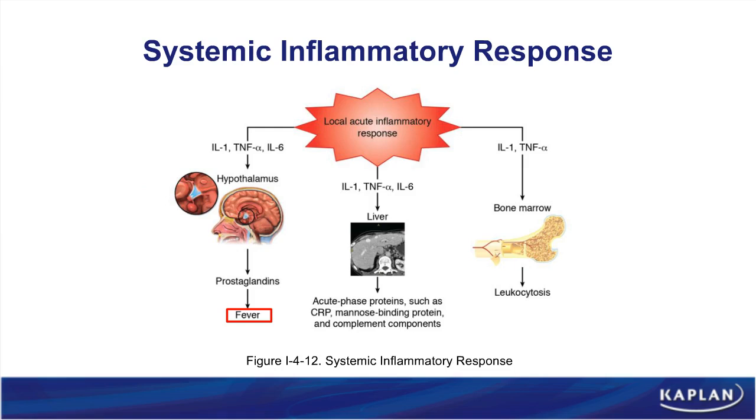They can result in the production of acute phase proteins from the liver, such as CRP, and they can act on the bone marrow to help the bone marrow realize, you know what, we have an infection, we have to kick out some more cells, the system needs some help, and that's where we'll see the leukocytosis. So all of those are signs of a systemic inflammatory response that are a result of cytokines that were produced